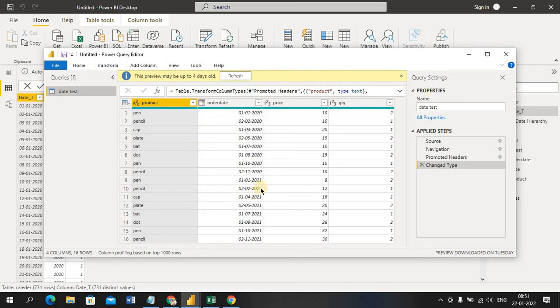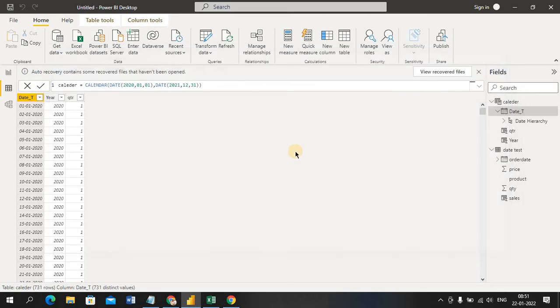So I can do more modifications in the Power Query editor, but I can do a few modifications in the data view, here on this calendar. I'm looking at the individual dates on this calendar. Now I'll make a new column. I'm going to add one more column here.